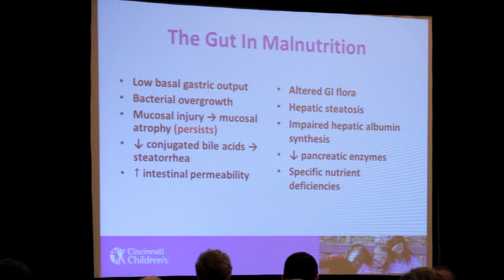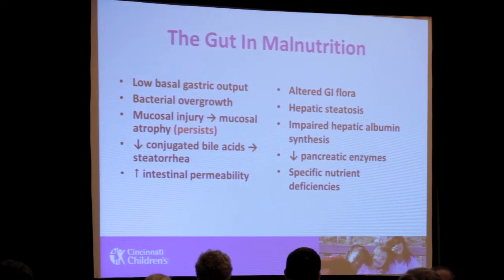And here's just a list of changes that have been described in the normal intestine in patients with malnutrition. You don't make as much acid, bacteria grow where they're not supposed to grow, the mucosa gets flattened and doesn't work, your bile changes, you have fat malabsorption, you absorb things that you shouldn't absorb, which cause other reactions in the body. The microbiome, or the intestinal flora, changes. You get a fatty liver, you can't make albumin, your pancreas doesn't work, and you get specific nutrient deficiencies. And all these are secondary to simple malnutrition before you superimpose anything else on it. So, with that,